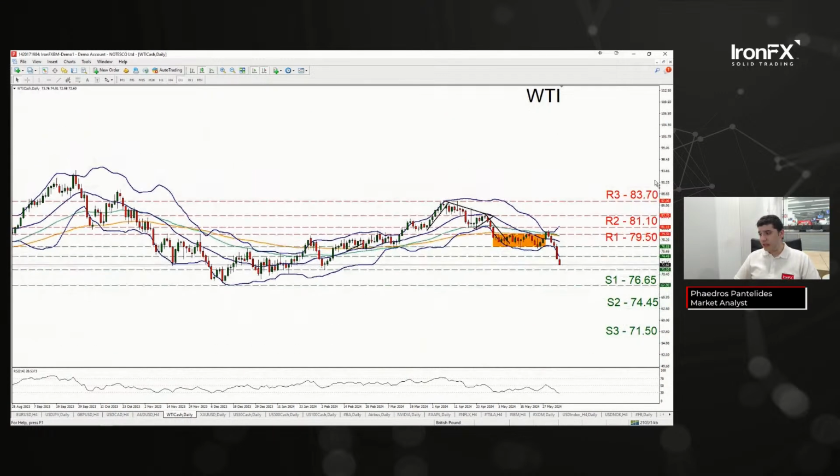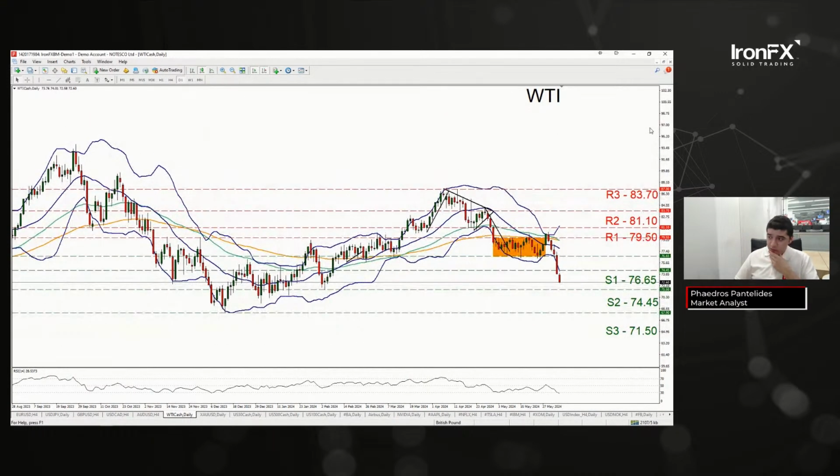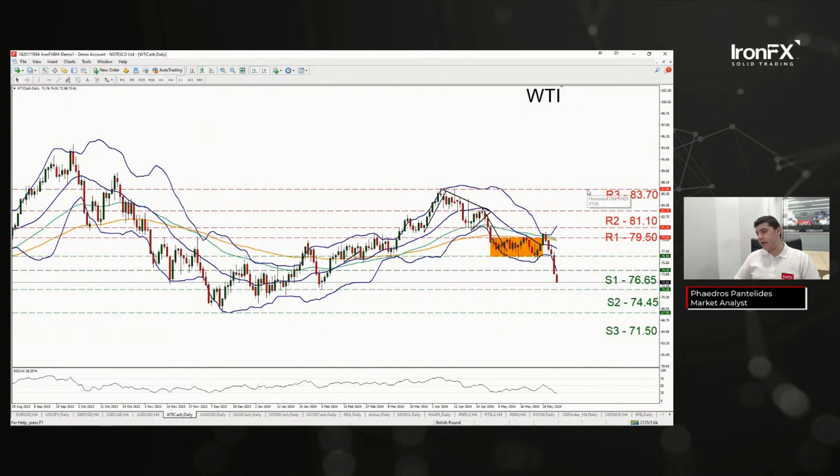Oil appears to be moving in a downwards fashion. Now, I would attribute this to the meeting of OPEC Plus on Sunday, probably as it was discussed yesterday. It appears that they are keeping their current voluntary oil production cuts, but will be phasing them out towards the end of 2025. Bearish for oil prices, good for consumers, lower oil prices. It has broken below S1 and S2, taking aim for 71.50. Next target, if it breaks below 71.50, could be